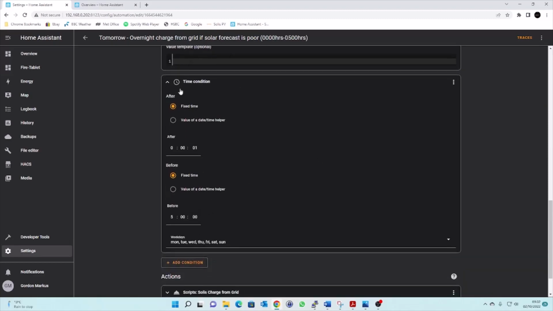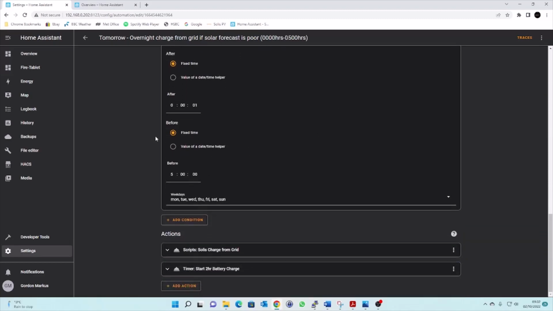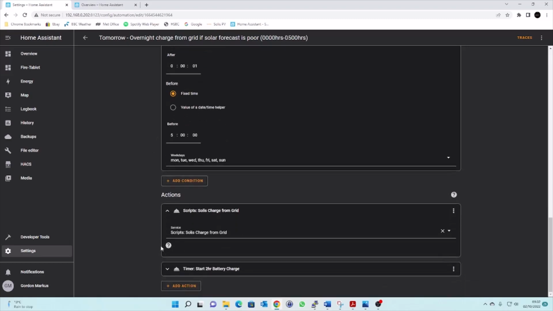So if all of those things are true, we are going to call my script of Solis charge from grid. That's the script that I just demonstrated just now to flip that register from 33 to 35. So if all those conditions are met, we're going to change that register to 35. We're going to start charging from the grid. What I've also done is I've created a timer